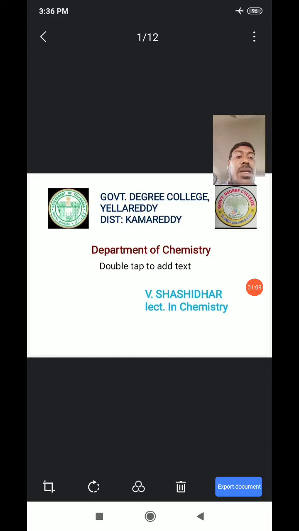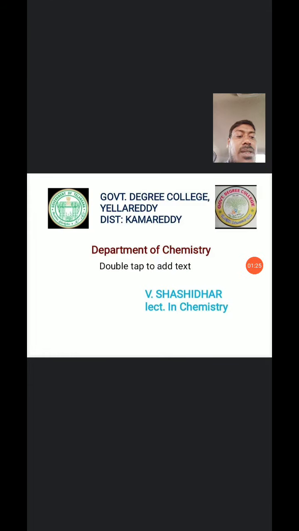In photochemical reactions, we discussed the primary process and secondary process, and the laws of photochemistry. Here, Grotthuss-Draper's law and Stark-Einstein's law were discussed. Today in this class: